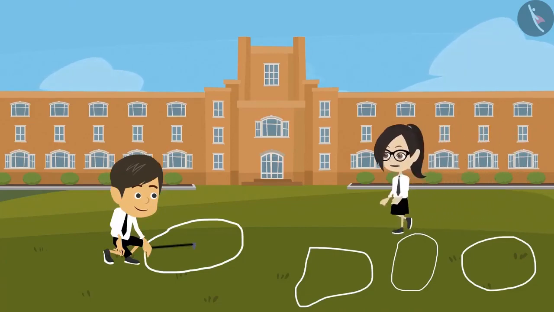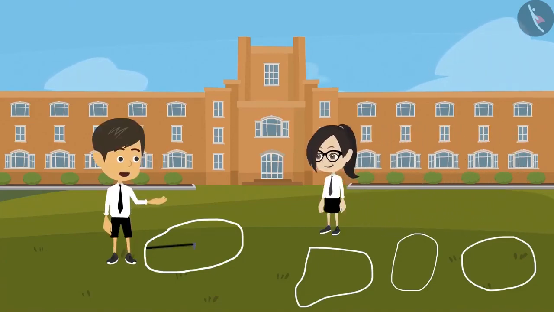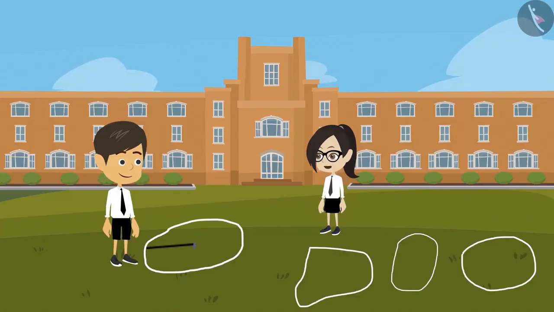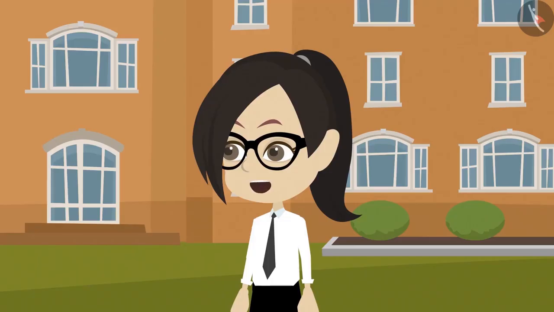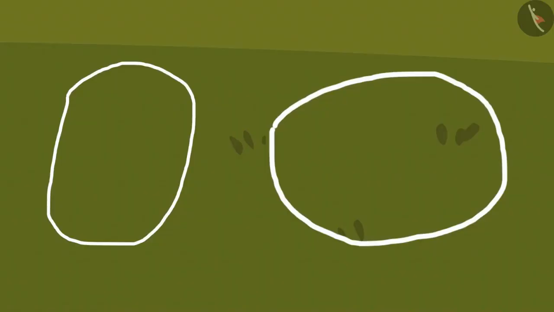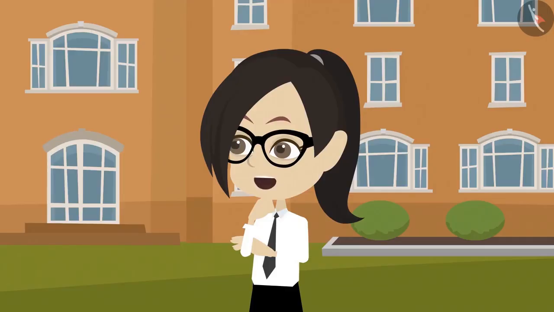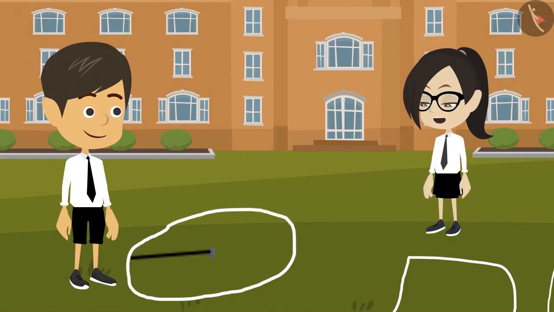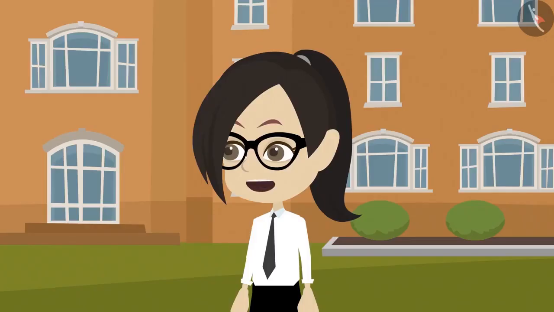What are you making, Riyansh? Sir has given me the duty to make circles. The flags will be placed inside them. Yes, I saw Ayushman placing the flags, but the circle you're making is not right. Why? What is wrong in it? Show me how you make a circle. Only then I can tell you what the mistake is.